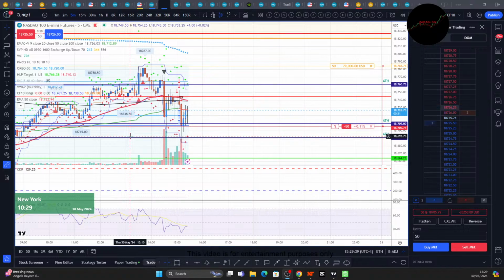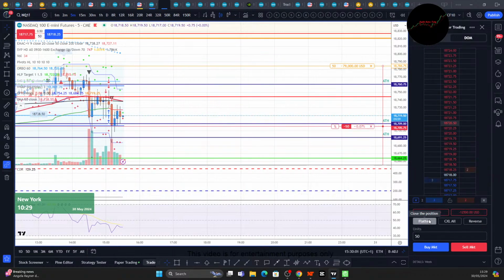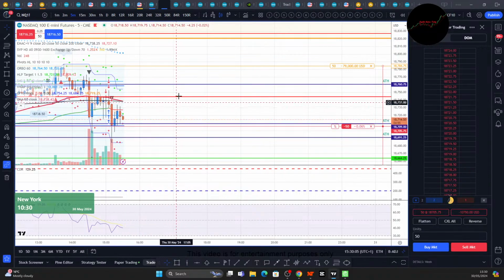So we have about 22 seconds to go. And if we close above VWAP here and make a new high up again now, I'm just going to have the finger on the flatten button here. With 7 seconds to go, you can see the timer here on the right hand side of the screen. Didn't close above VWAP, so now we wait.